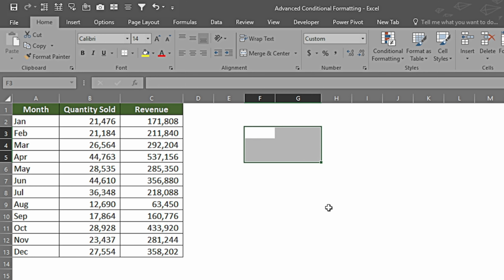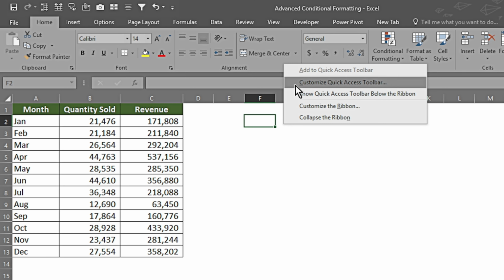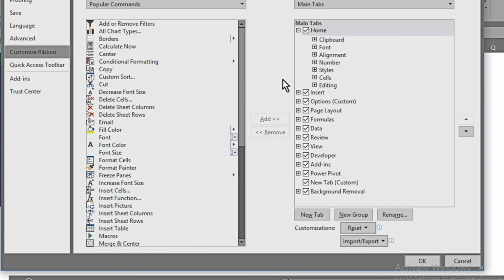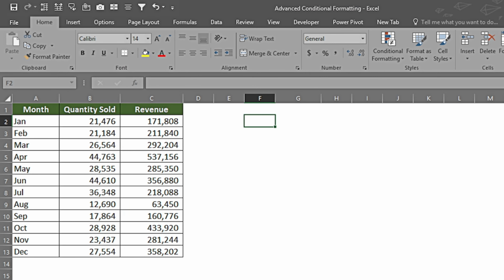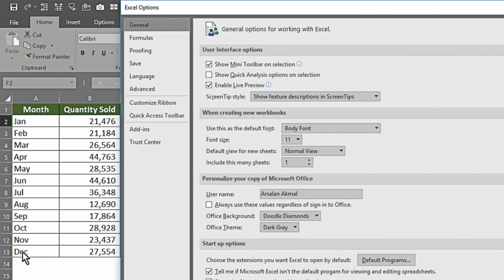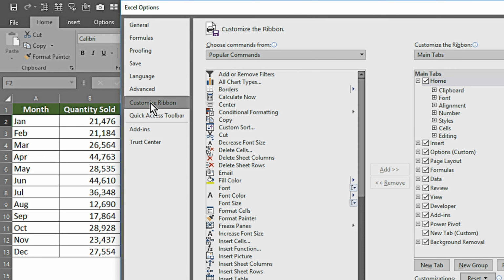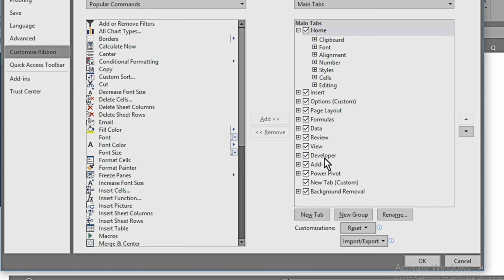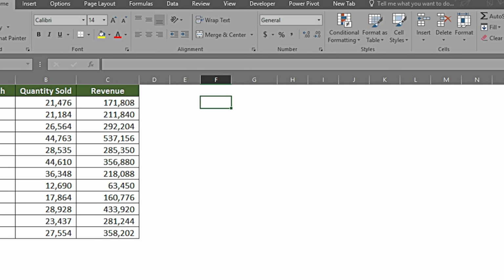I will delete all this. Now before creating a function, I will be going to the developer tab. My developer tab is active, but if you don't have the developer tab appearing over here, you can right click over here, go in the customize ribbon, and here you can see that we have an option of developer. If you check mark this and press OK, you will get the developer tab. Likewise, you can go in the file tab, and here in options, you can customize the ribbon from here, and again go in the developer tab, press OK, and you will get the developer tab.